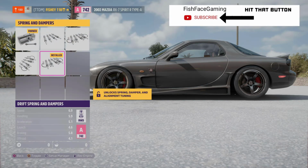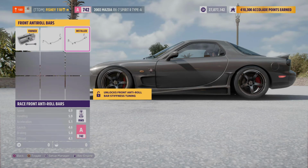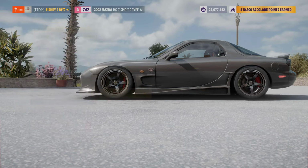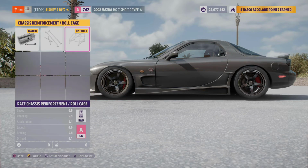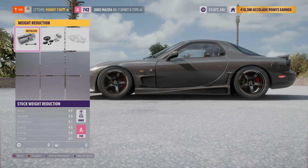But anyway, moving on to the brake side of things, we've got the race brakes in here. Obviously, we have the drift springs and dampeners on here. We have the race front anti-roll bars, and race rear anti-roll bars as well. Moving on, we have the race roll cage once again, and we are running a stock weight reduction